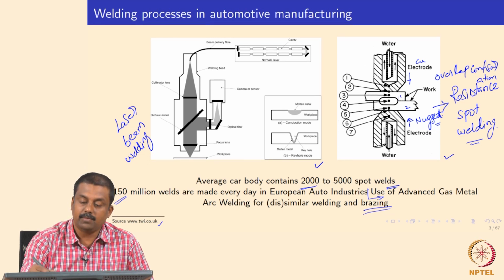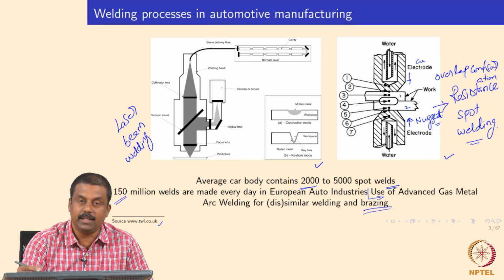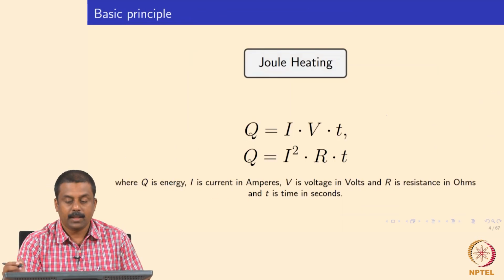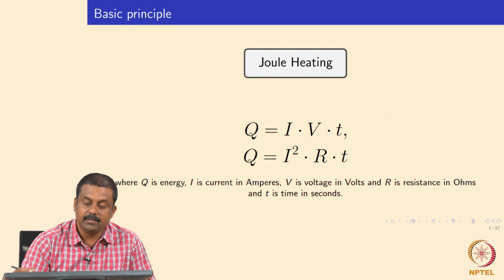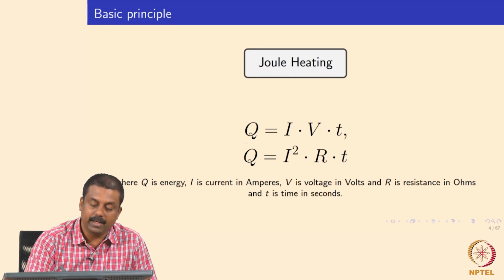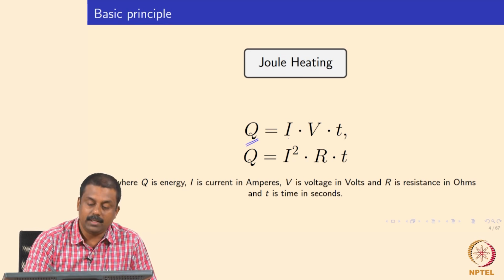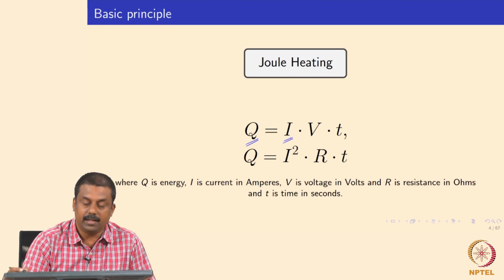Okay, so there are various numbers, 1, 2, 3, that I have given here, and we will see in the next slide what these numbers mean and what the various components of typical resistance spot welding equipment are. Before going to that, as I already explained, in resistance spot welding the main heat generation mechanism is Joule heating. So what is Joule heating? The amount of heat generated is determined by the magnitude of the current we send in over a potential difference of V, and how long we send that current.